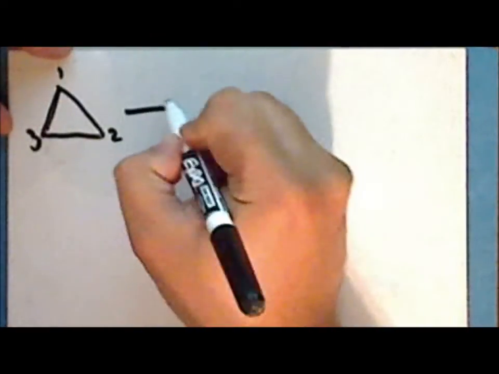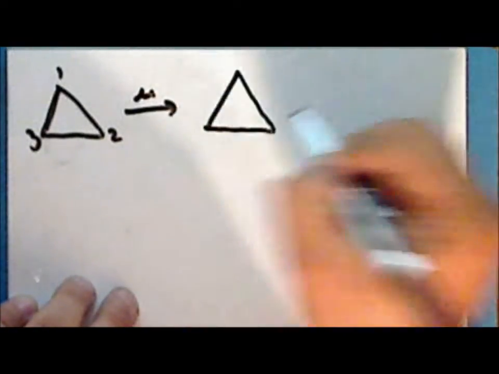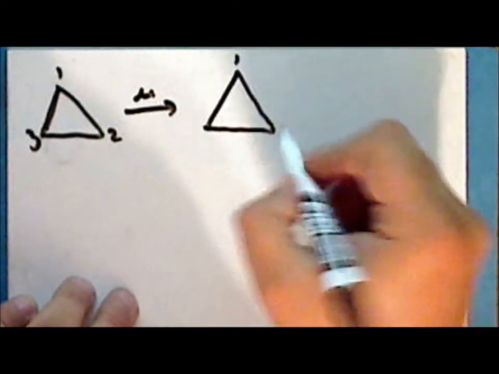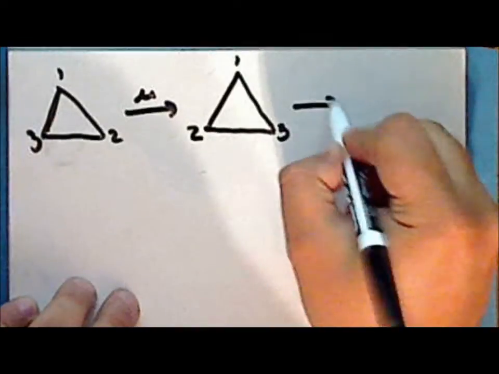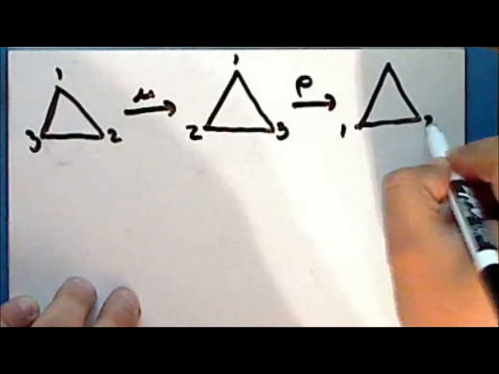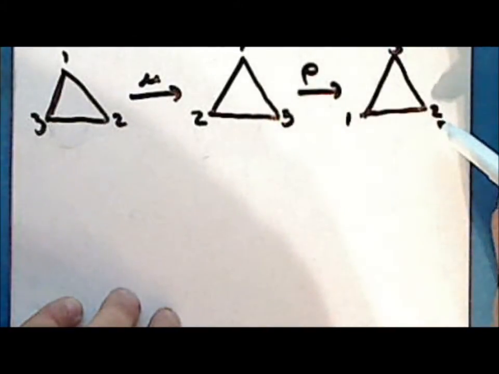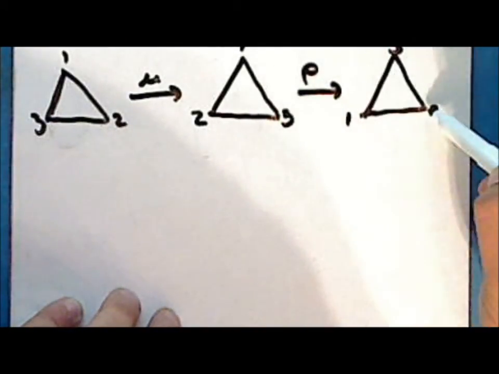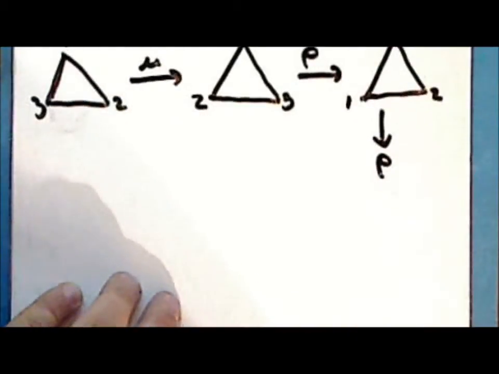So if we again begin with the triangle with all the vertices in the original positions, we apply the reflection about the line through the origin and the first vertex. Then 2 and 3 exchange places. Again, if we apply the rotation counterclockwise 120 degrees, this is equivalent to reflecting about the line through the origin and the second vertex. If we now apply a second rotation,